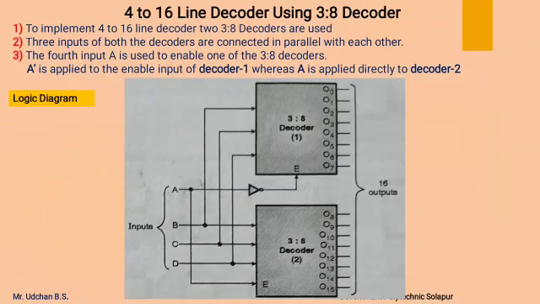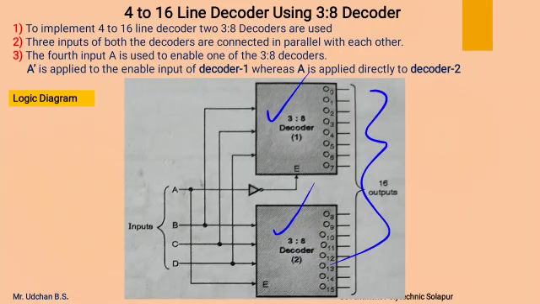Now next we will see a 4 to 16 line decoder using 3 to 8 line decoders, like a multiplexer tree or demultiplexer tree. Here we are going to construct a 4 to 16 line decoder using 3 to 8 line decoders. To implement a 4 to 16 line decoder we require two 3 to 8 line decoders, so that we will get